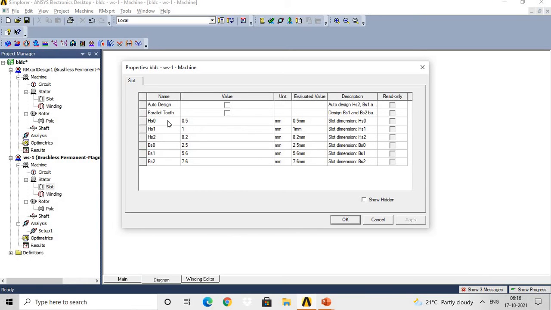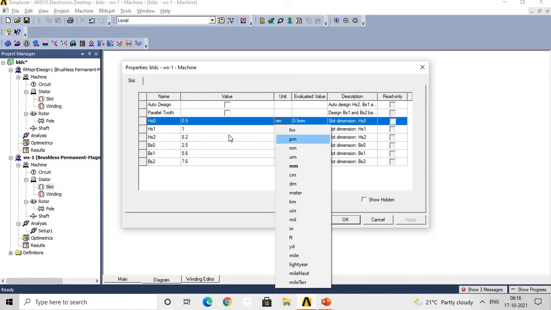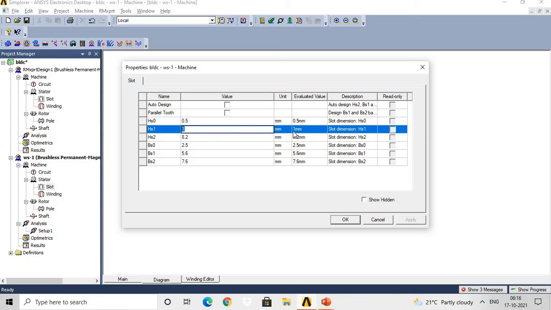So here HS0, what is the meaning is, these are actually slot dimensions. HS0 is 0.5 mm, and here also you have the flexibility to decide the unit of each parameter. Like here you can select the different units, then HS1 1 mm.